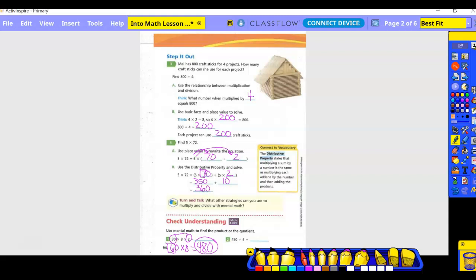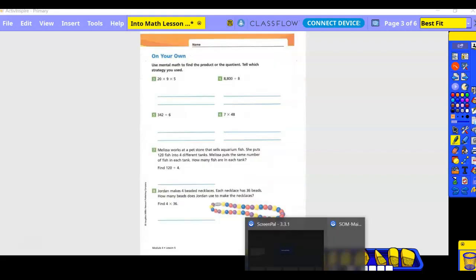Okay. 450 divided by 5. What am I going to put in a box? 45. 45 divided by 5 is 9. And add a 0, 90. On your own, use mental math to find the product or the quotient. Tell which strategy you